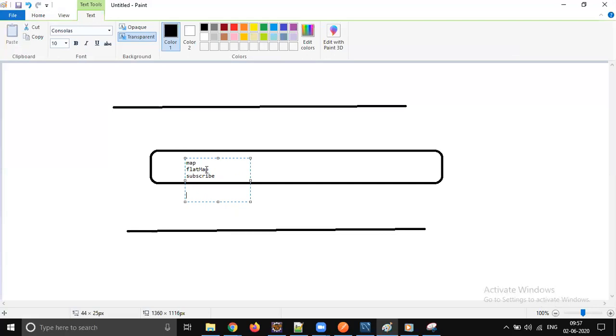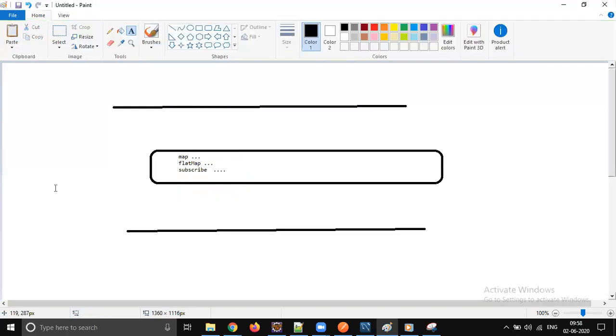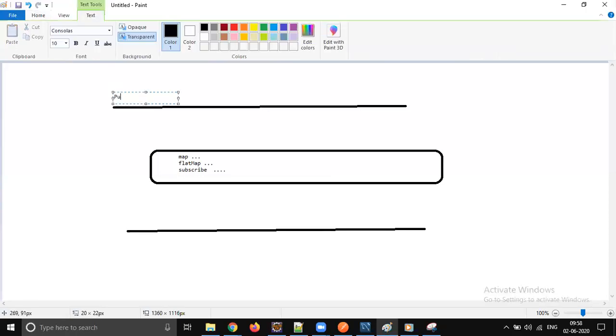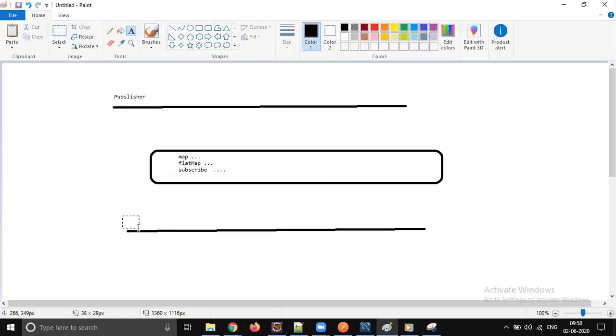These methods are nothing but operators: the map operator, the flat map operator, the subscribe operator. This is the terminology of reactive programming. The first line is the publisher, and the second line is a subscriber.